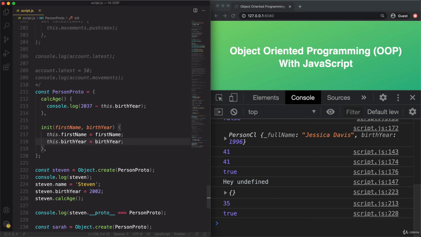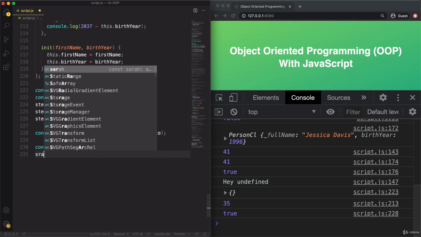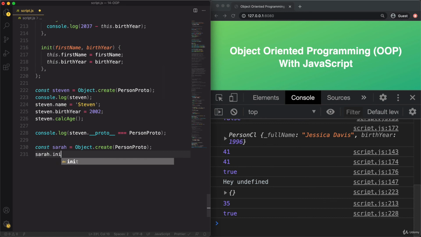However, this has actually nothing to do with any constructor function, because we are not using the new operator to call this, right? We will simply do sarah.init, and then we will pass in the arguments. So let's say 'Sarah' and 1979, for example.